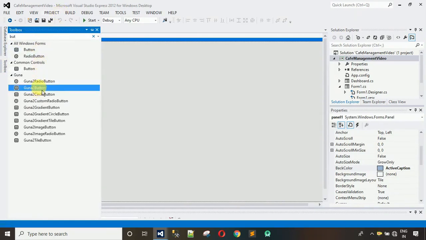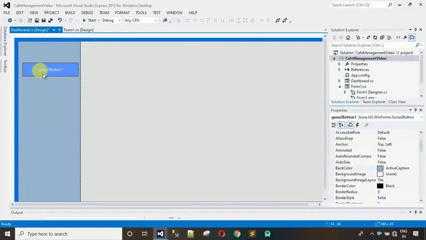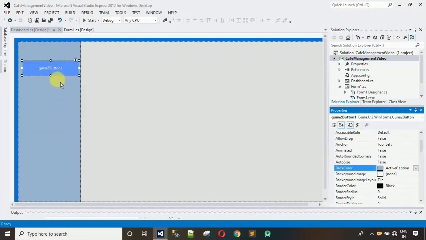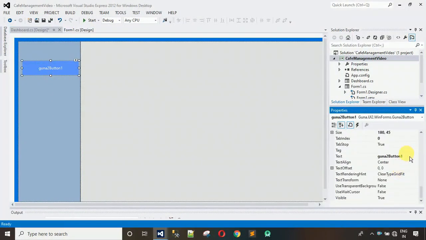I'm going to use this Guna 2 button. So I have already explained to you where this Guna 2 is coming from in my toolbox. If you don't find this, just watch my previous video. Okay, so I'm going to just drag and drop it over here, right click and go to properties, and let me change the text for this one now. Okay, so the first button is Place Order,